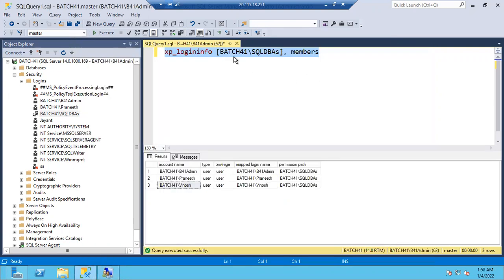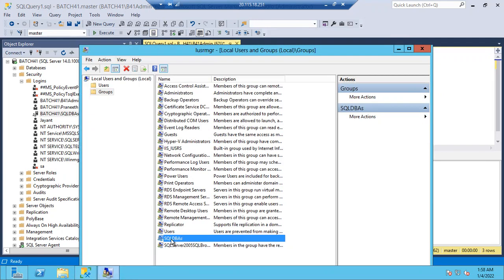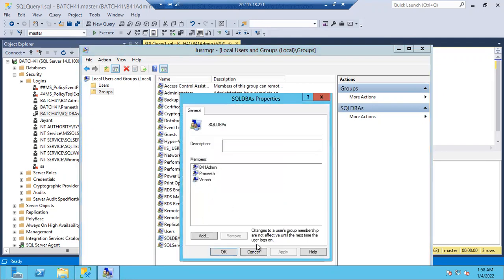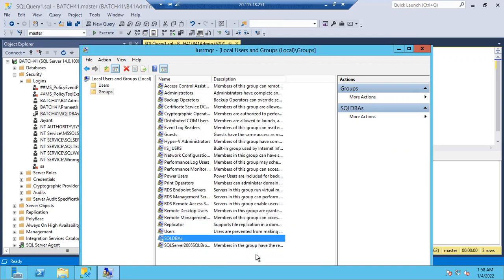We don't use other methods. So you can ask, sir, we have a group, right? If you double click on the group, I can see all the members. Why again do I have to use this command? You can see, but only if the group is created in the local machine. But we don't prefer local machines. If we prefer local groups, again we have to create a group. If 1,000 servers are there, the same SQL DBA group has to be created 1,000 times. In each server we have to create the SQL DBA group.